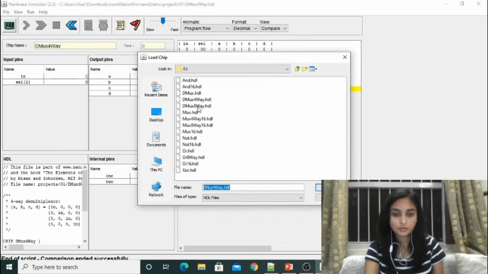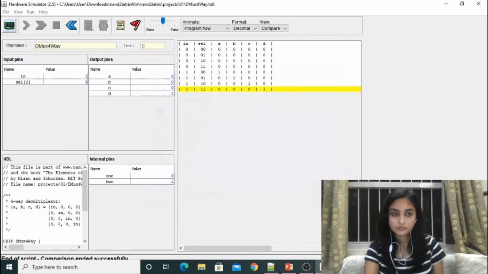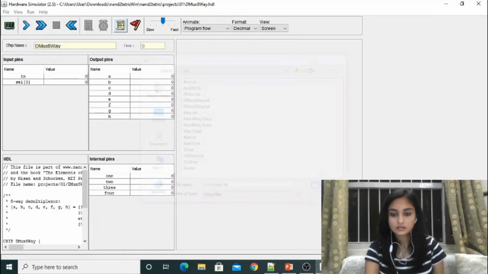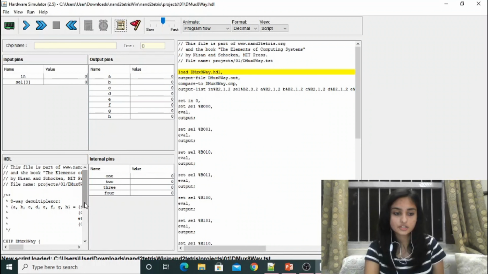So we load the chip over here, and we load the script. So again, this is our basic HDL code that we just saw. The input pins are in, selector bit 3, and these are the output pins that we have. Now we will be running it.